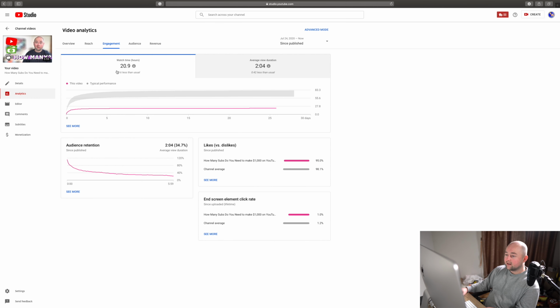Now you can see, unless that video can maintain that, unless it is a really, really good video and it maintains that average view duration, over time your video can drop back down and no longer show on YouTube search. But that's how it works, guys, and that's why average view duration is so important, but more importantly, it comes down to the watch time. If your video has the greatest watch time, it's going to rank better than other videos on the same topic with less watch time.